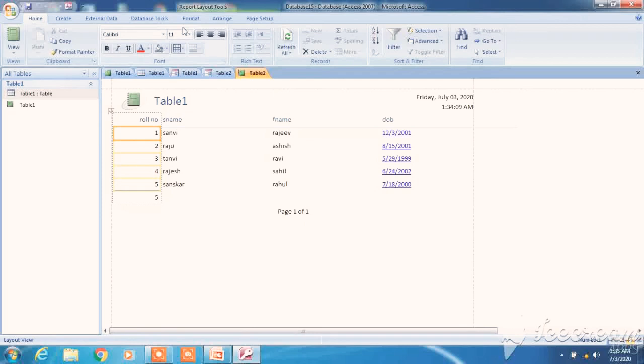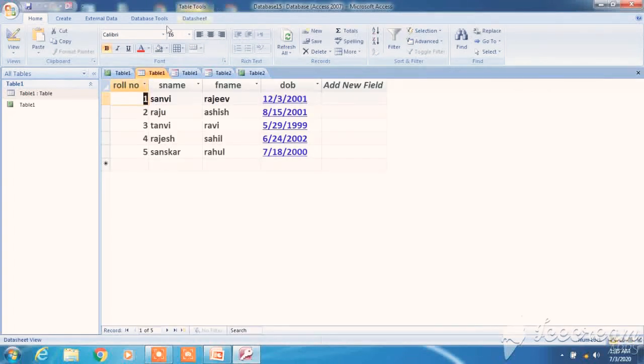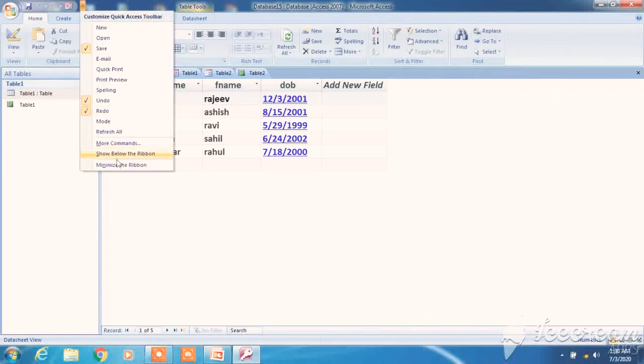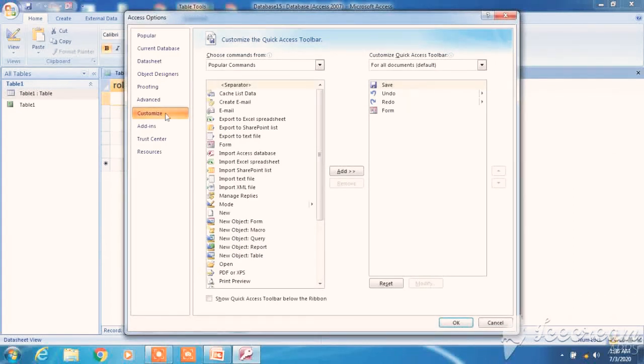Now in case of a report, there will be 4. Design is not there in this 2007 version; it may be there in the 2016 version. Format, Arrange, and Page Setup. If you look at the table, these contextual tabs are not available. One more way you can see these contextual tabs is by going to Customize, More Commands, through the Quick Access Toolbar.